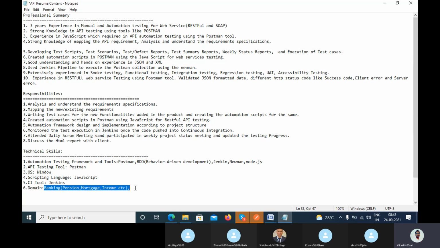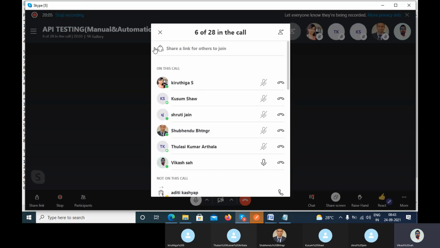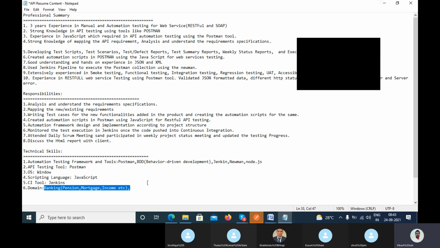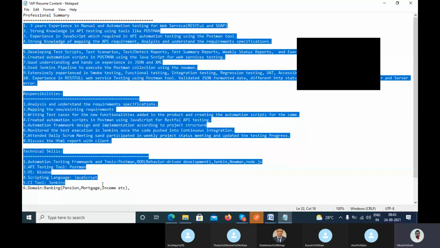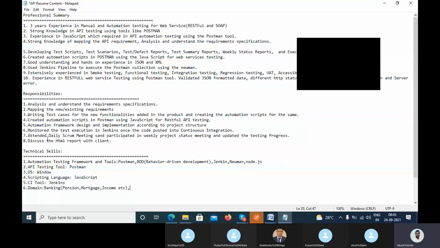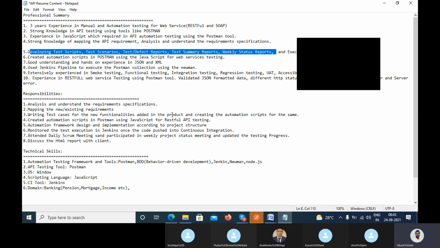Any other question? So I will share this document with you. You can go through this document and add these particular points in your resume. Some of the points are already there in the resume, right? So based on that you can update, like attended the daily scrum meeting, that point I think will be there, right? Or developing the test script, it should also be there, I think.